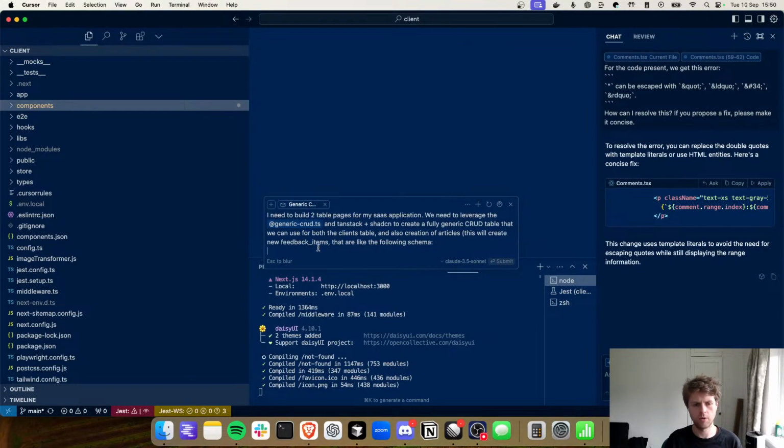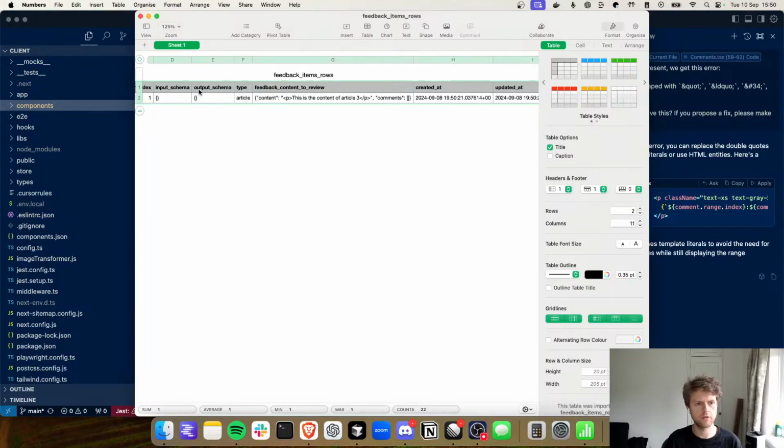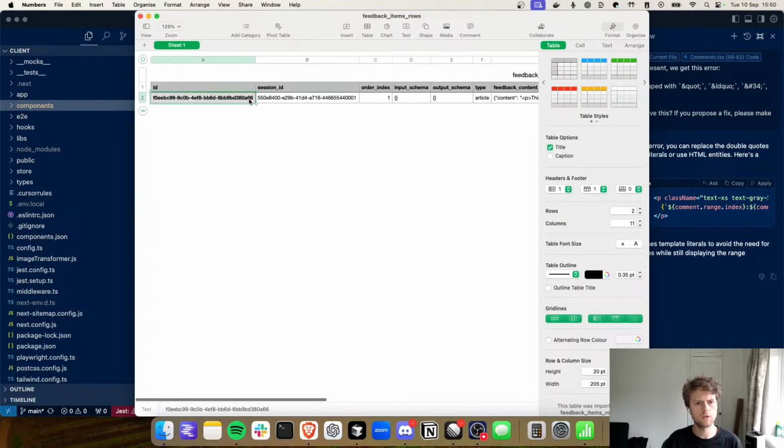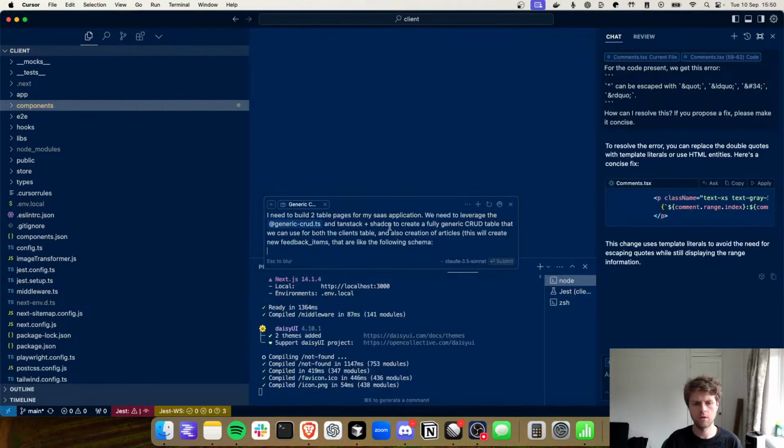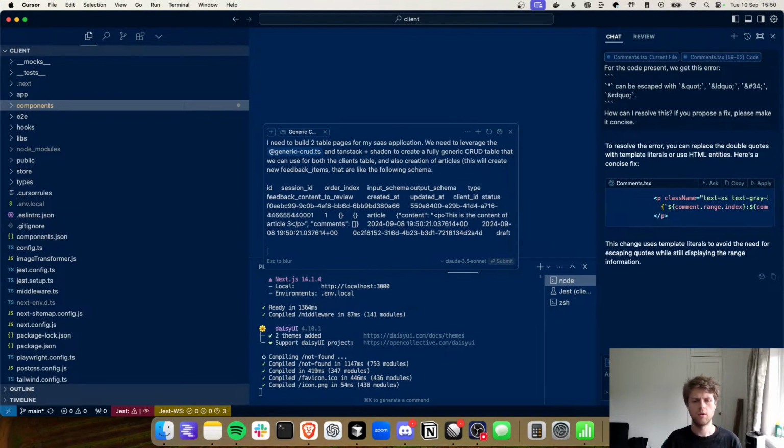Image, is it? I don't really want an image. I want the raw text. Like this. That's what I want. For the clients table, it can be the same. It could be